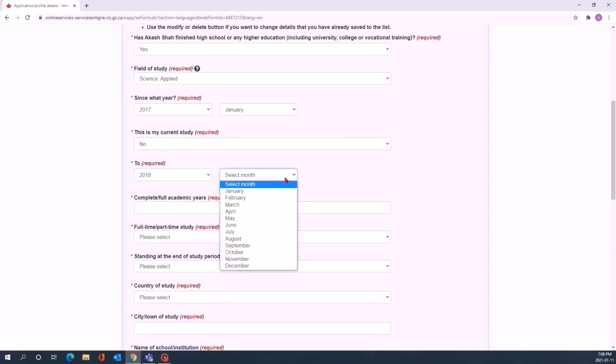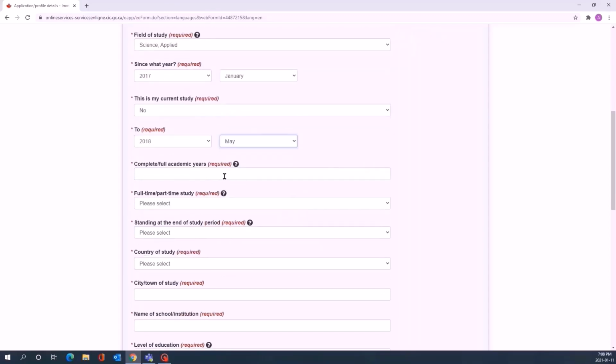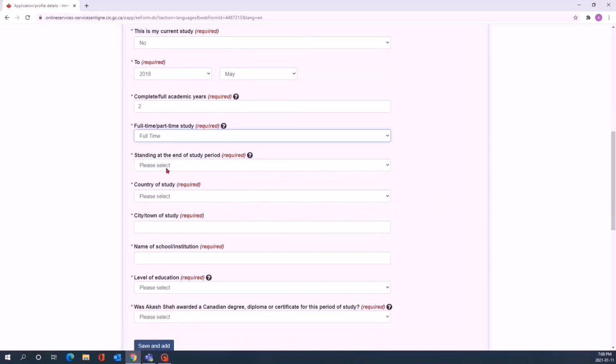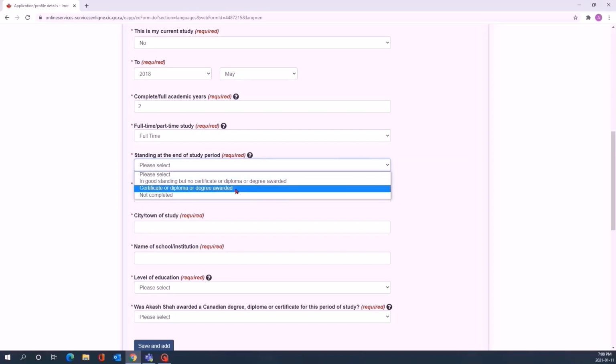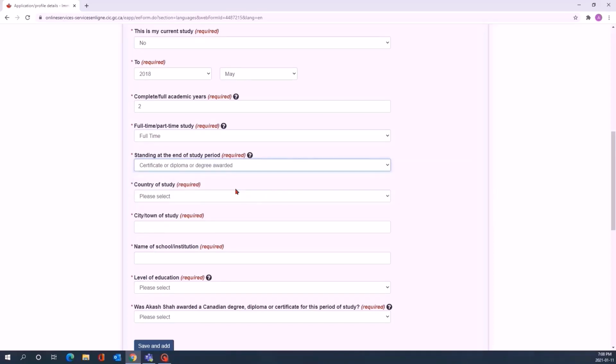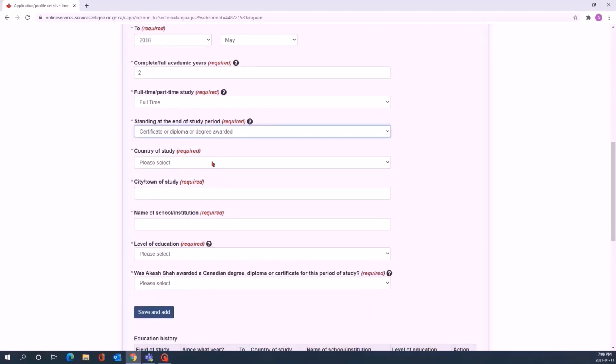So if you are currently studying, you can select yes. If no, then no. Then I finished a 2-year course, and it was a full-time study. Now I have completed the study and I got a certificate. So I'm going to select certificate or degree awarded.